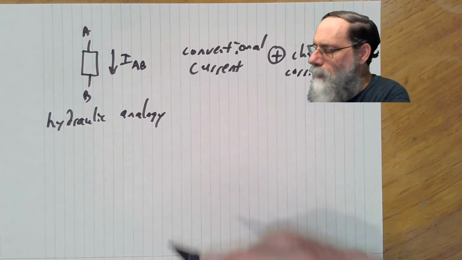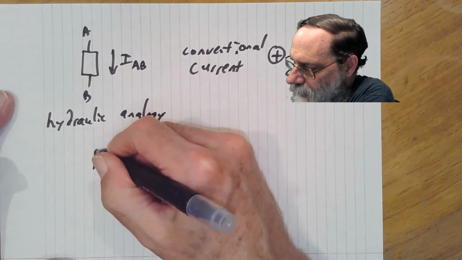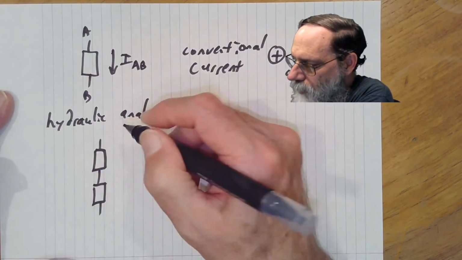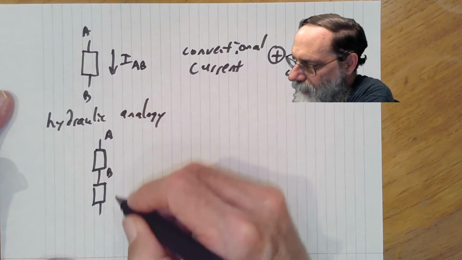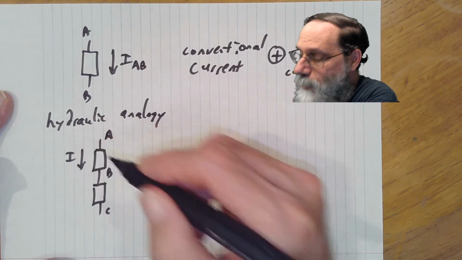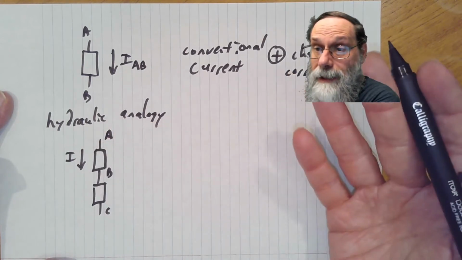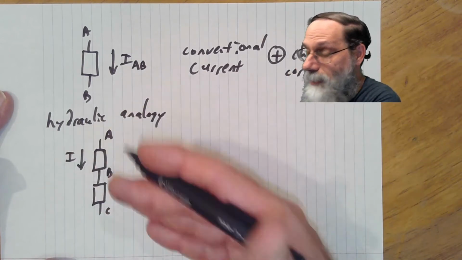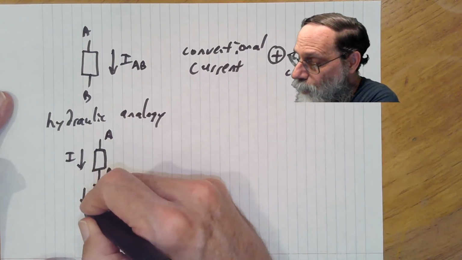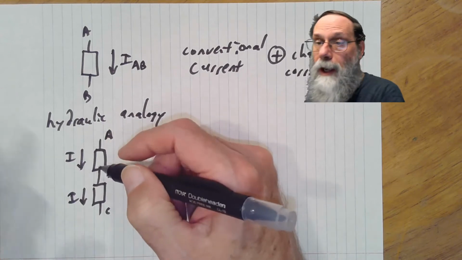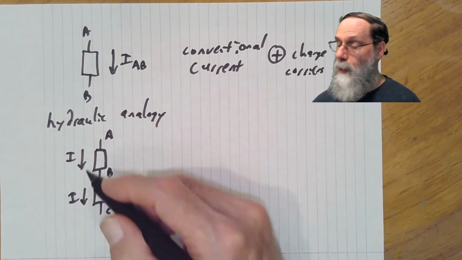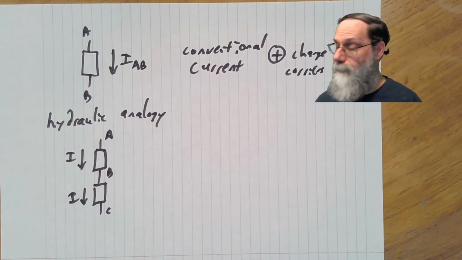The way this works as an analogy is if we put two components in series, so we go from A to B and another one from B to C, the current flowing through this one, unless there's a leak somewhere, and I haven't drawn any places here for there to be a leak, there's nothing else connected, the current flowing in through one component has to flow through the other component as well. So those two currents have to be identical.